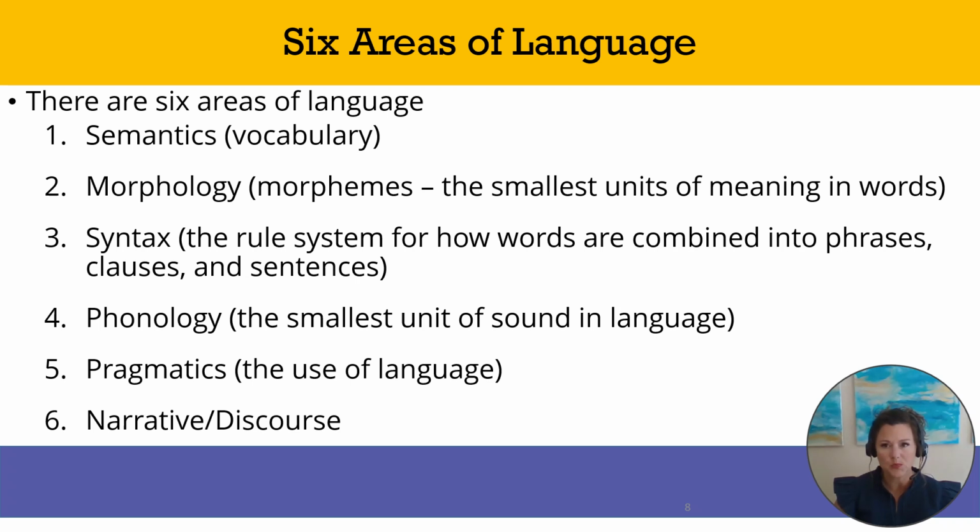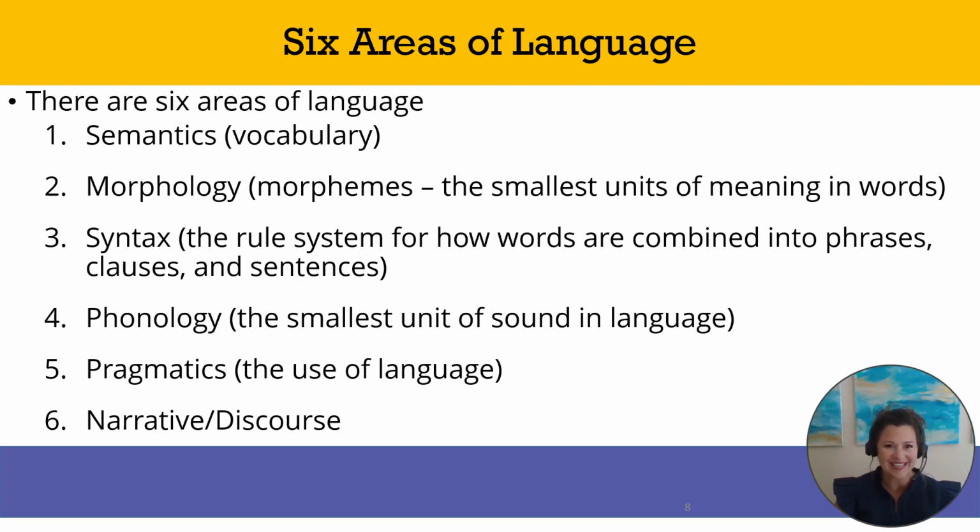There's semantics, which is vocabulary; morphology, which is the smallest unit of meaning in words, such as plural s, past tense ed, all of those different morphemes. Syntax is the rule system for how words are combined into phrases, clauses, and sentences. Phonology, as we mentioned, is the smallest unit of